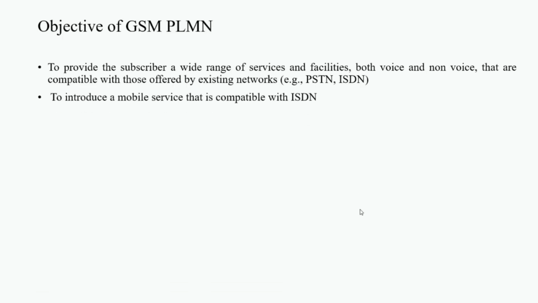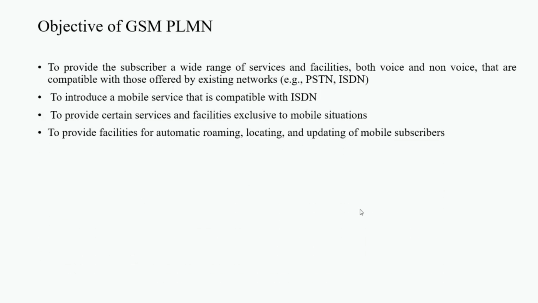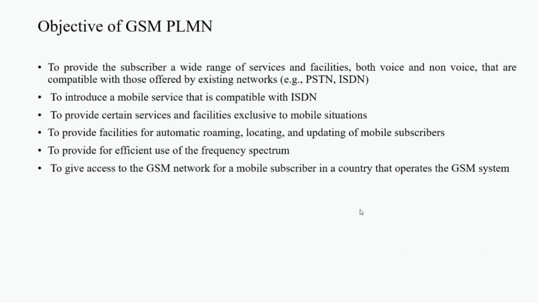To introduce a mobile service that is compatible with ISDN, to provide services and facilities exclusive to mobile stations, to provide facilities for automatic roaming and location update of mobile subscribers, to provide efficient use of the frequency spectrum, to give access to the GSM network for a mobile subscriber in a country that operates the GSM system,